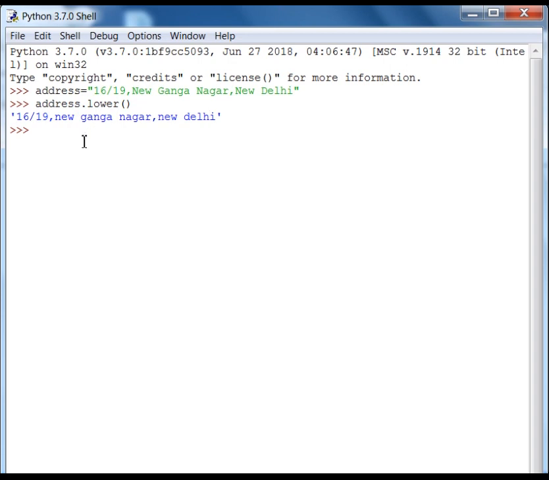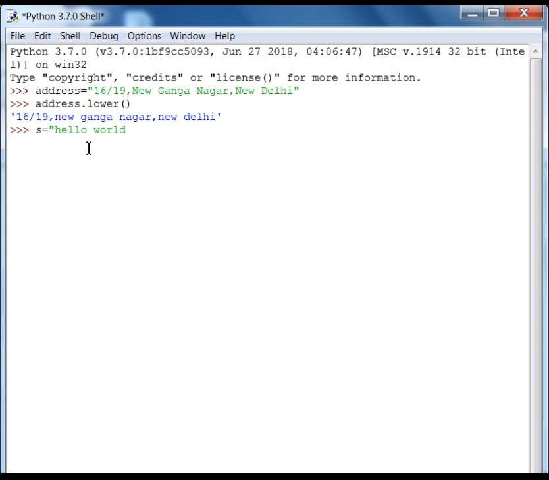Now let us see the next method, capitalize. What is the function of capitalize? The capitalize function will change the very first character into uppercase, only the first character into uppercase. And the best example would be a variable with characters. So now I am just going to declare another variable, s is equal to, I just write hello world, hello world,